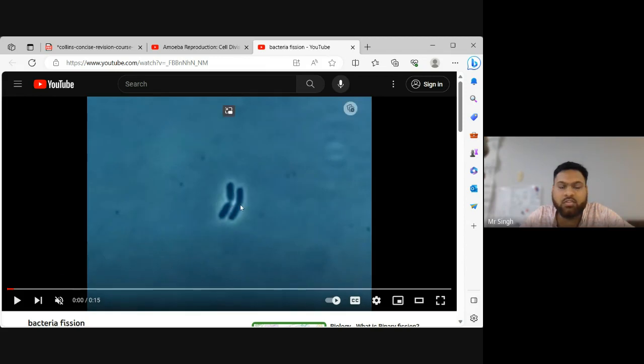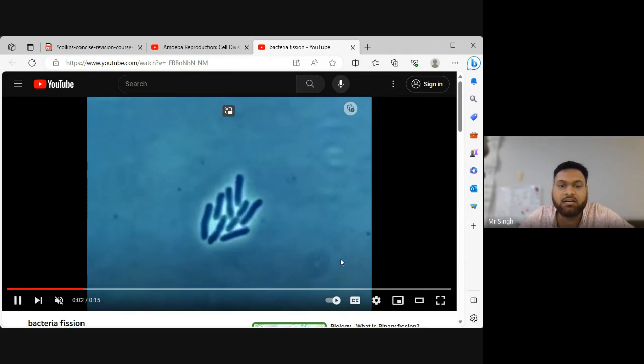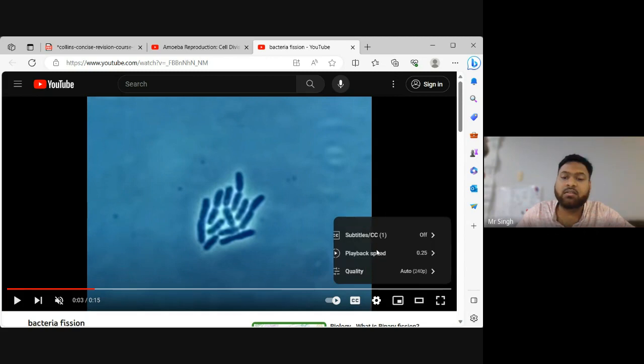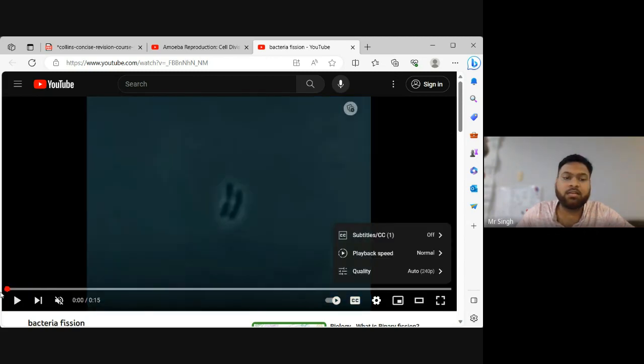We have one or two cells here. We're seeing that split into 4. Everybody seeing it? Now the 4 are going to split into 8. Look at that. The 8 are going to split into 16. So we're seeing how fast this asexual reproduction can happen, where we start from one cell or two cells, and we create many cells. Now look at it. I'm going to put it in normal speed. Let's watch this, right?